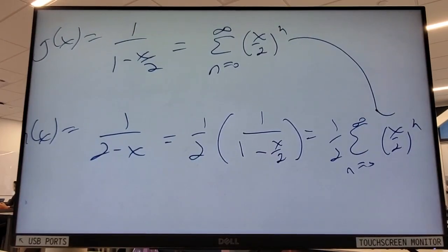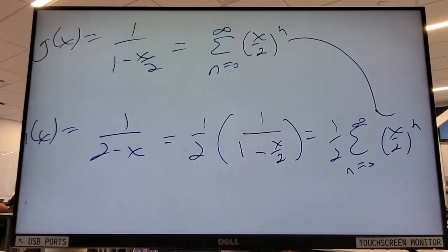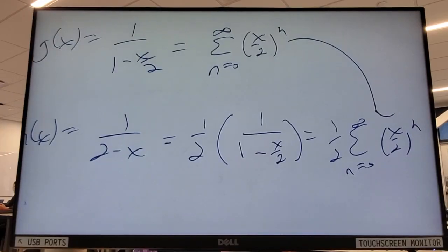Do you guys start to see what it takes to understand what modifications to make to the sum? One level of modification is easy: whatever's in the place of x, put it in. But the other level of modification is that it's got to be in the form 1 over 1 minus x, right? Now, with that said,